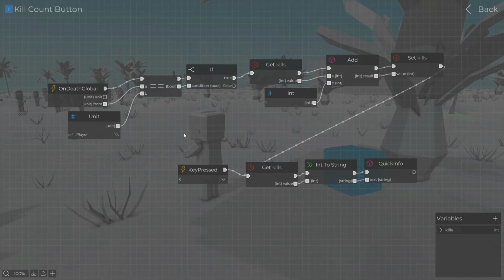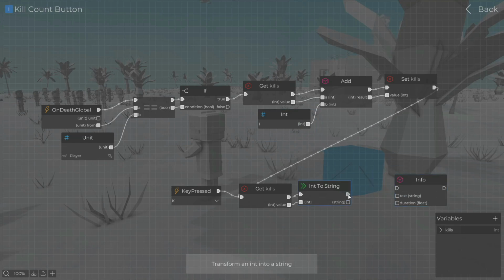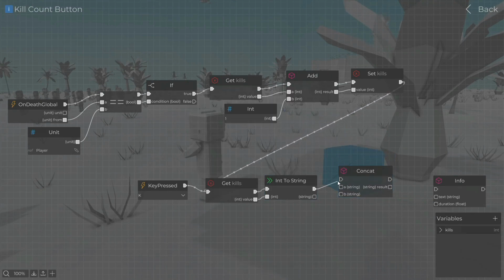Very simple addition there. So why don't we make this a little bit more of a complicated message, a little fancier looking. Let's get an info node. And we're going to concat. I've done this kind of thing before, so I'll just quickly run through it. We're just going to concat